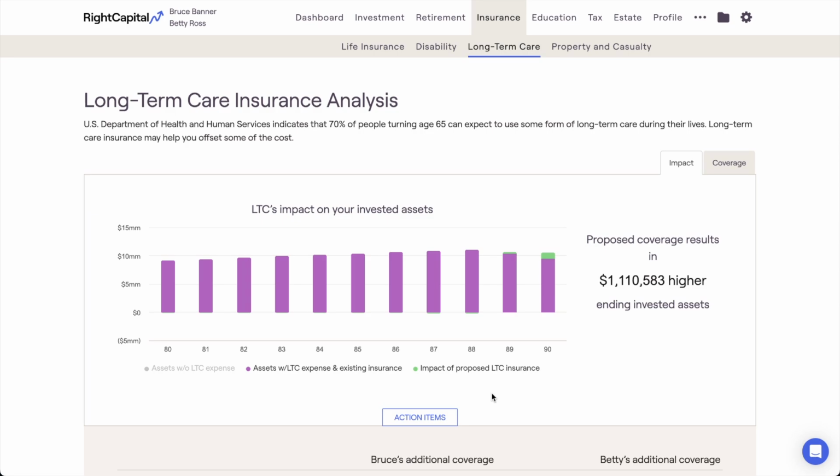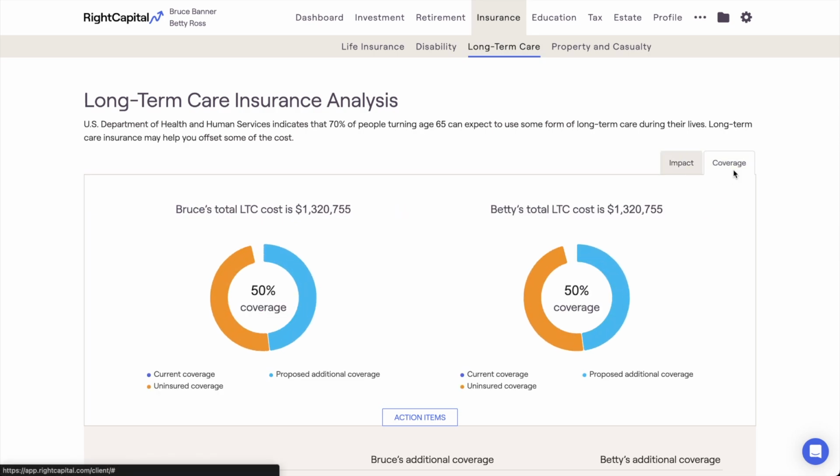To wrap things up, let's take a look at the other subtab within the LTC analysis, which is the Coverage tab. This area highlights additional information on a client's total projected LTC costs, feeding in from the data entry card that we looked at earlier in the Goals section of the profile. On this page, you'll find simple, intuitive visuals detailing the percentage of a client's projected LTC costs that will be covered by current and